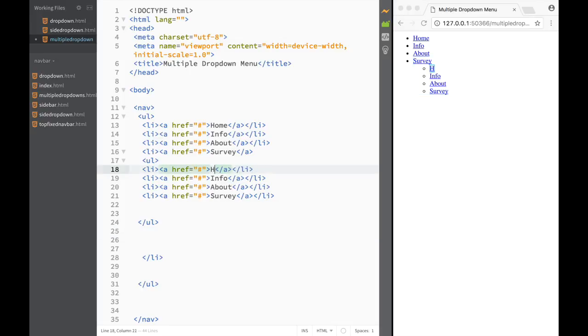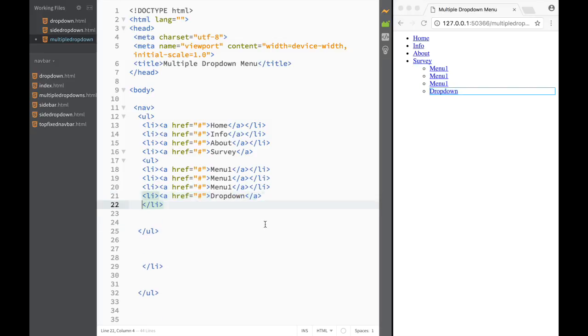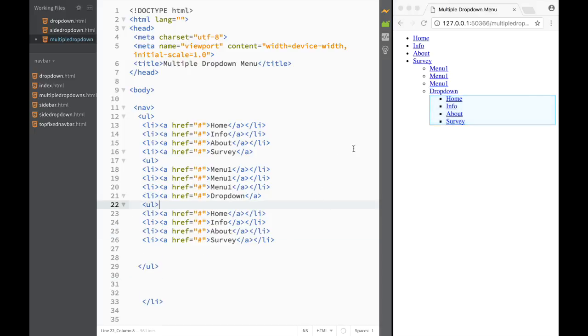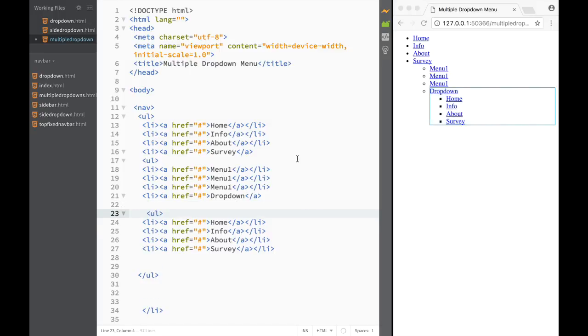And over here, I'm just going to say that this is going to be a menu 1 over here like this, and I'll do that with all of them. I'm going to say that this is going to be menu 1, and over here also it's going to be the same thing, and the last one also is going to be, well, you know what, let's call it this one drop down, right? And what we're going to do after that, we're going to create one more drop down menu over here. So I'm going to paste this, and now you can see over here how we have a drop down menu, right? So what we can do is actually start styling,